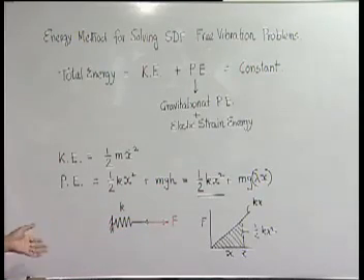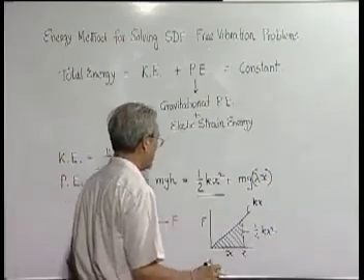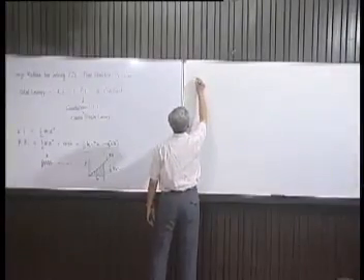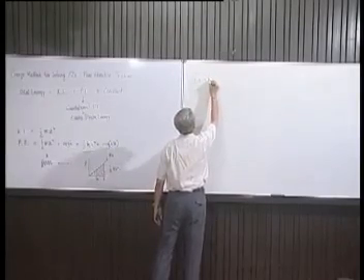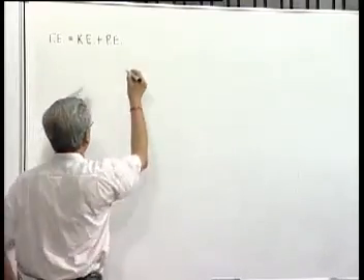So, therefore, the total energy of a system will be the kinetic energy plus potential energy. So, total energy is equal to kinetic energy plus potential energy, which is again nothing but